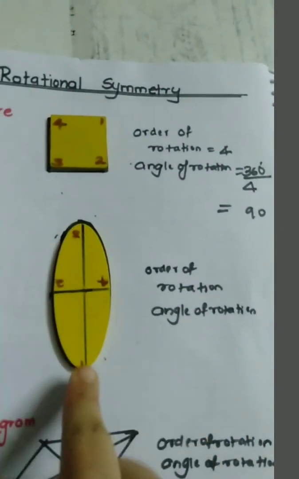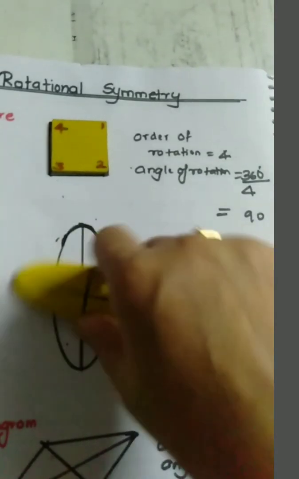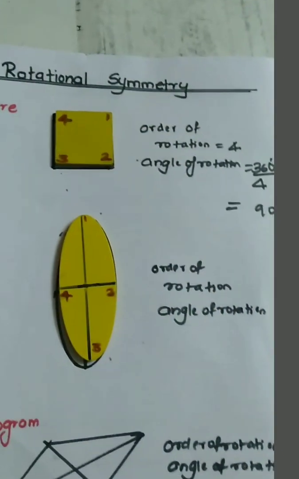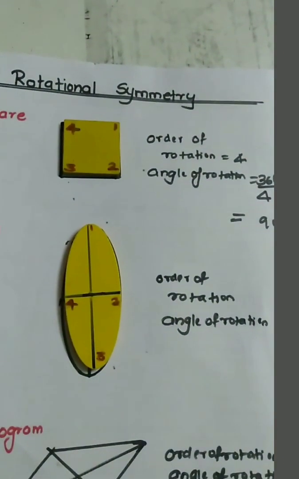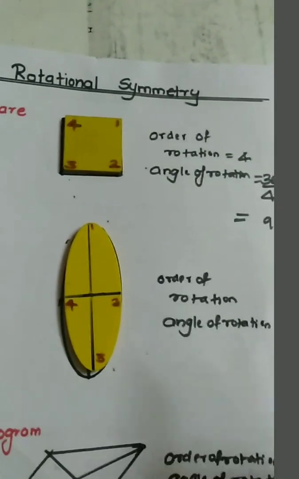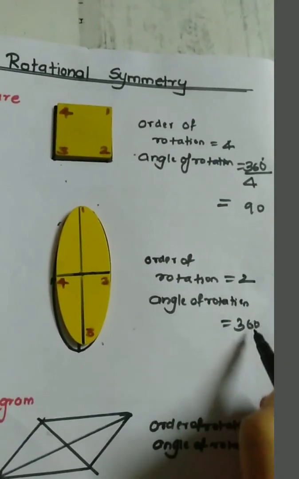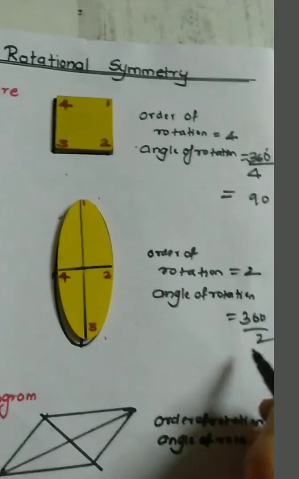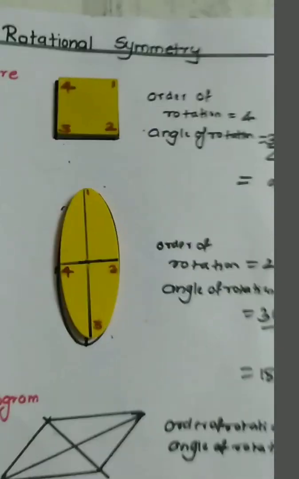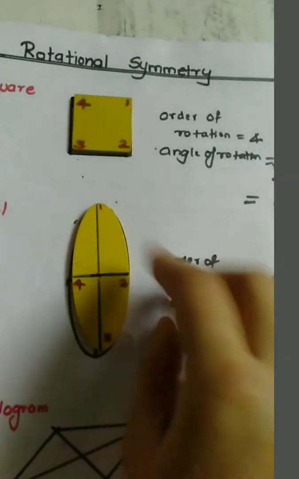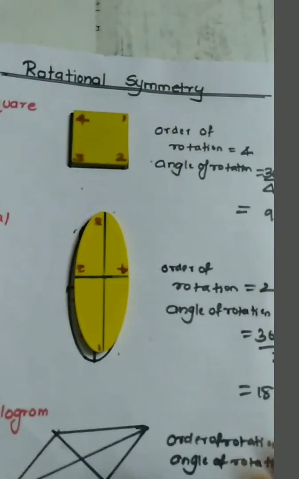Initially 1 was here, now it is here. So the order of rotation is 2 here, and the angle of rotation is 360 divided by 2, which is 180